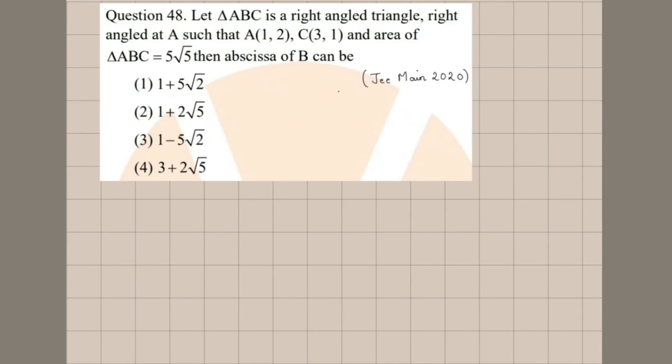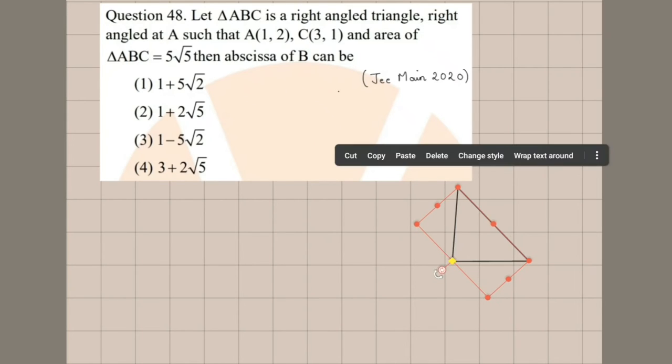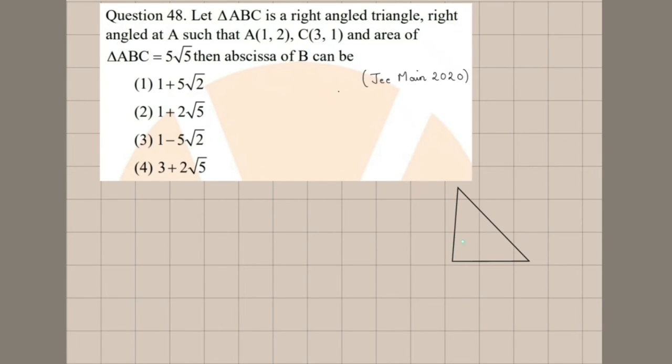The next question is also given in JEE 2020. The question is: ABC is a right angle triangle, right angle at A. Let's say this is A, this is B, and this is C. A is 1 comma 2 and C is 3 comma 1. And the area of ABC,